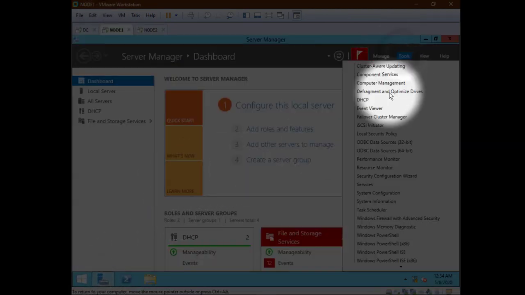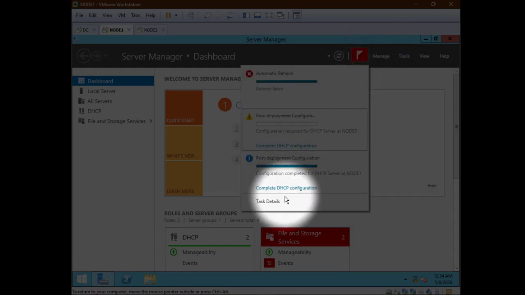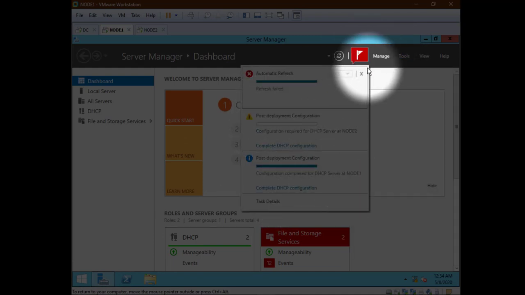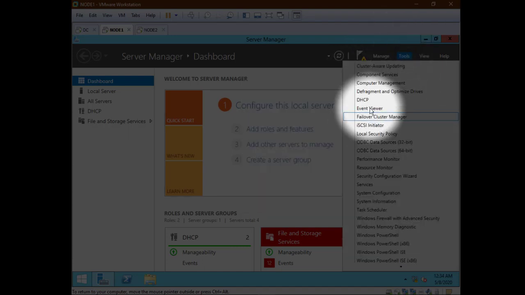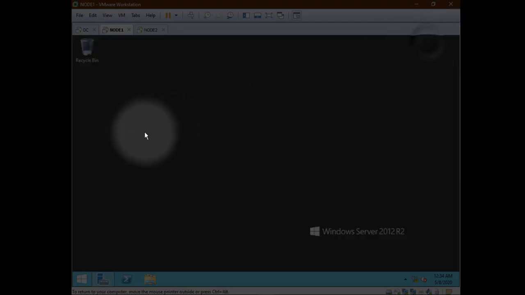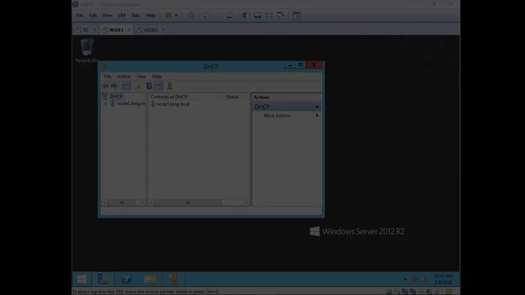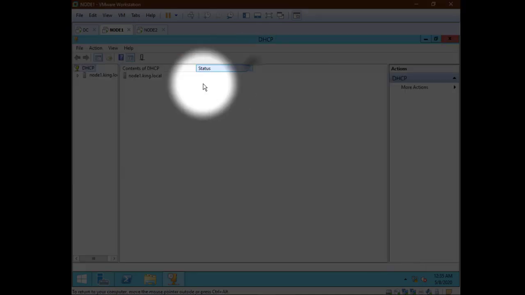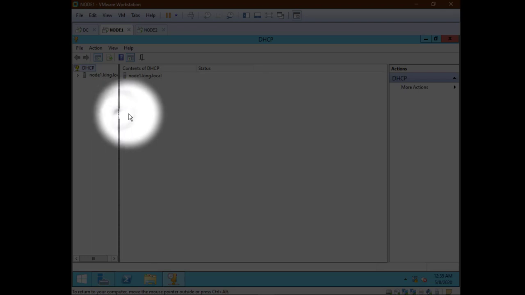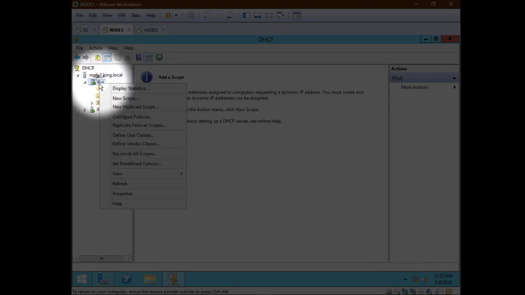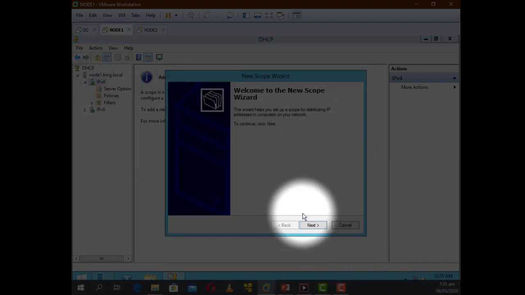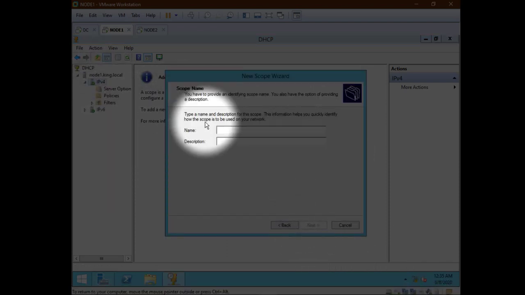Then we will launch DHCP. So we need to configure, so now we need to create the required scope now. So now let's try with the creation of the scope. You right click on IP version 4, new scope, and give a scope a name again. I decided to call it DHCP scope,